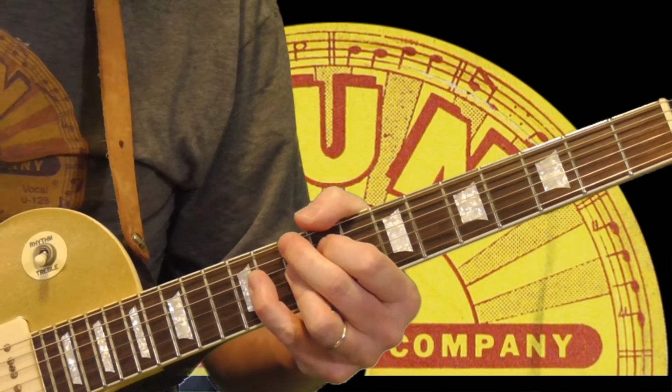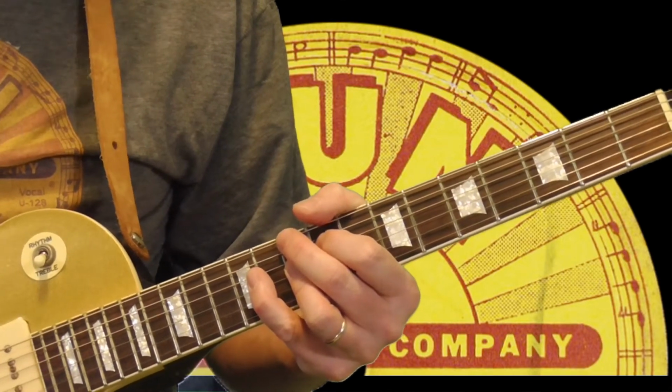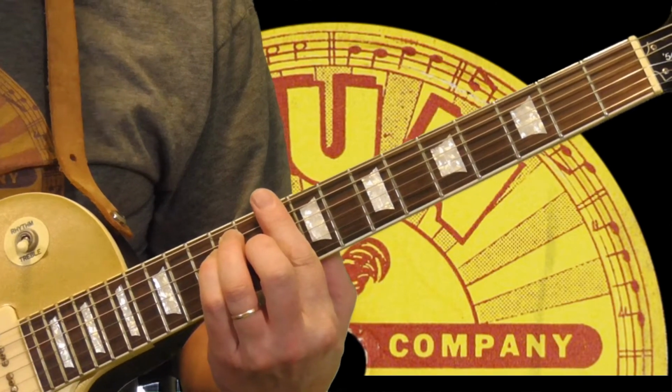Into playing over the 4 for the solo. This is a good example of using some chords in your solo. So what we've got here, we're playing over the first position D bar chord, so the first position D blues